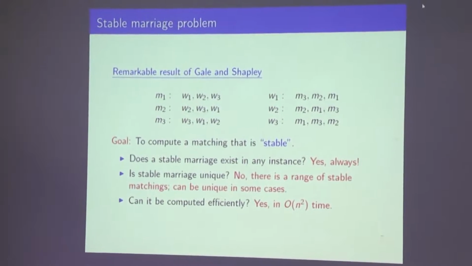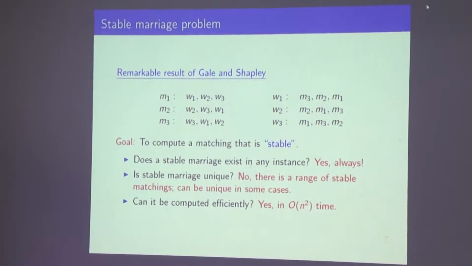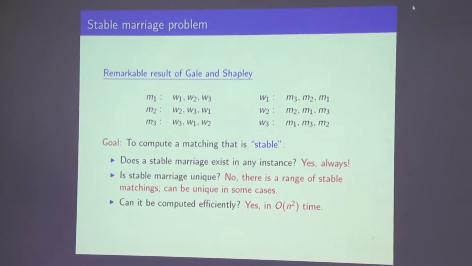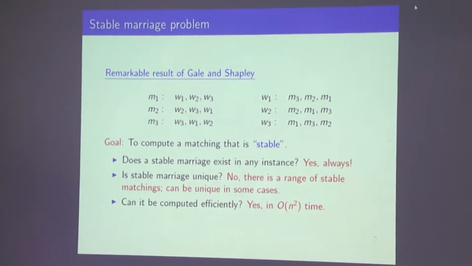No, right? You get a different matching, and in fact these are two different stable matchings. Again, the same result, why it is stable, is applicable, but you get two different matchings, and in fact the instance can indeed have multiple stable matchings, and you do have a way to find out the different stable matchings of the instance, but a single instance can admit more than one stable matching.